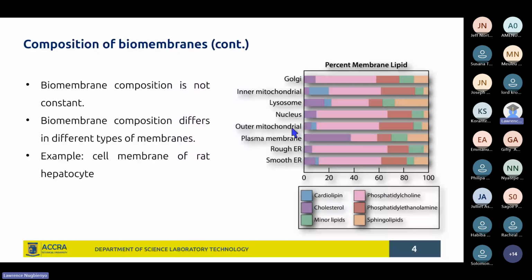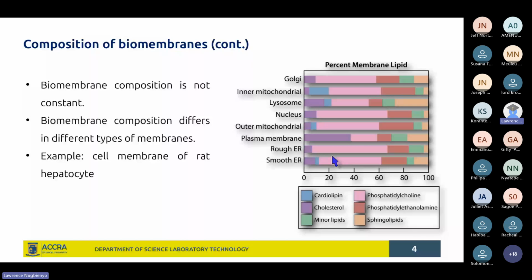Take the very first composition there, cholesterol: the inner mitochondrial membrane has a little bit less than the outer mitochondrial membrane. And the inner mitochondrial membrane also has more cardiolipin than the outer mitochondrial membrane. You see these kinds of differences in the biomembranes of the different